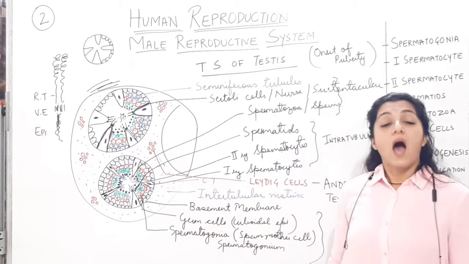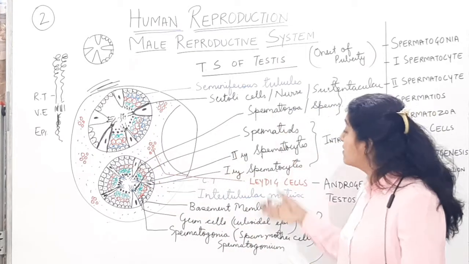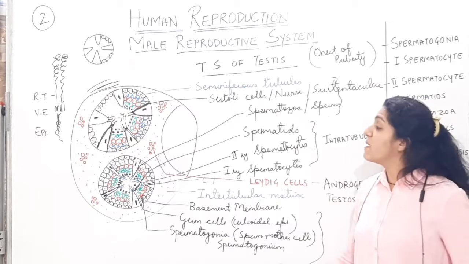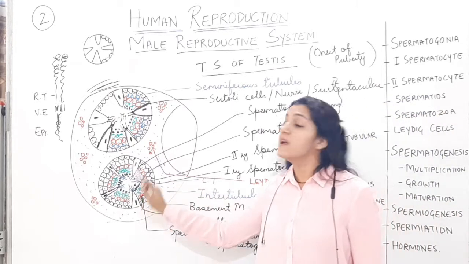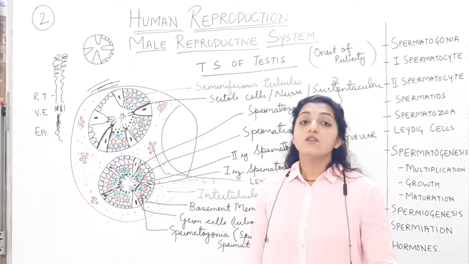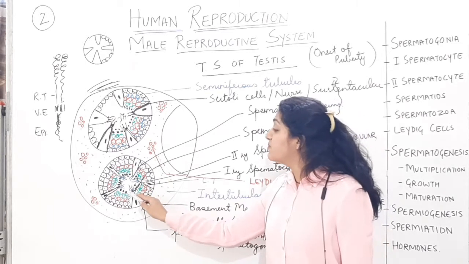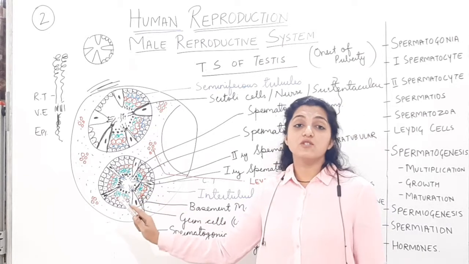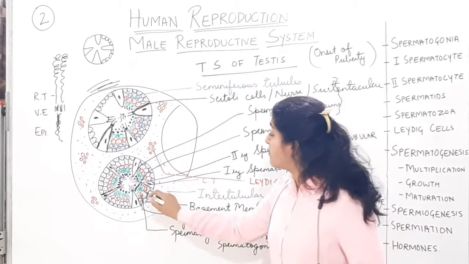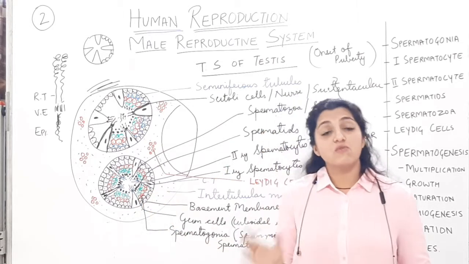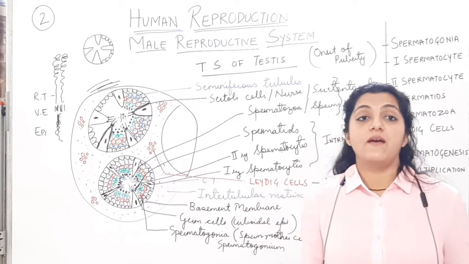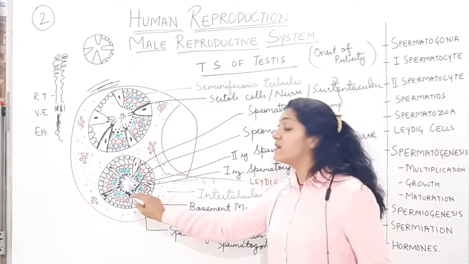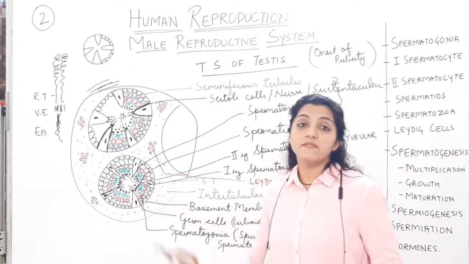We will now see how actually these cells have started differentiating. But you have to remember which cells are intratubular, which cells are intertubular. You have to remember that spermatids undergo morphodifferentiation and you get this shape of the sperm. We will be seeing the structure of the sperm also in detail. So you have to remember that spermatids undergo morphodifferentiation to give sperms.